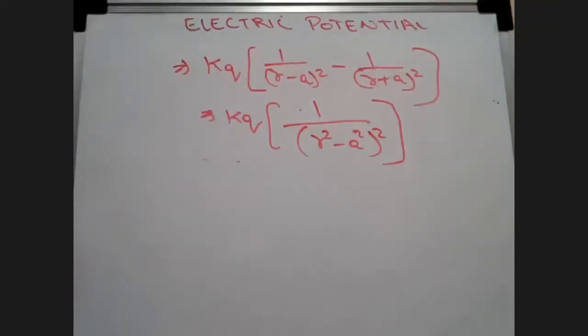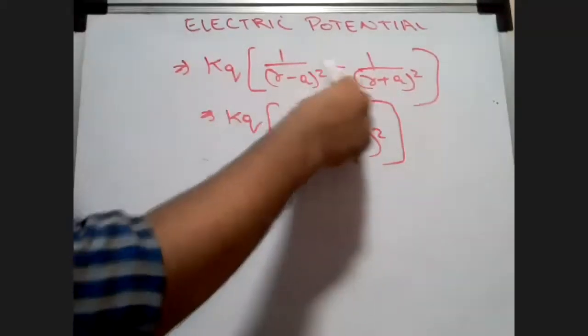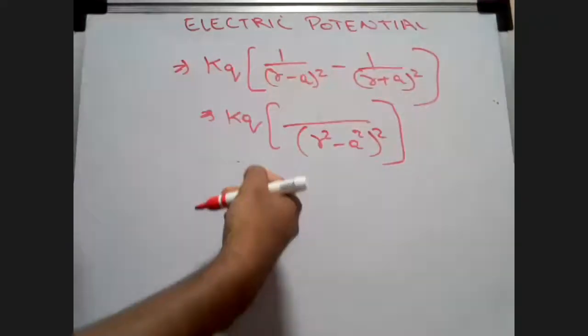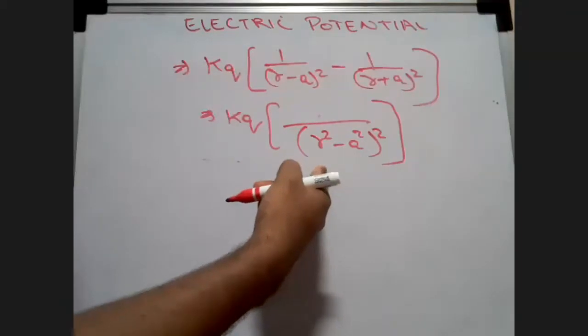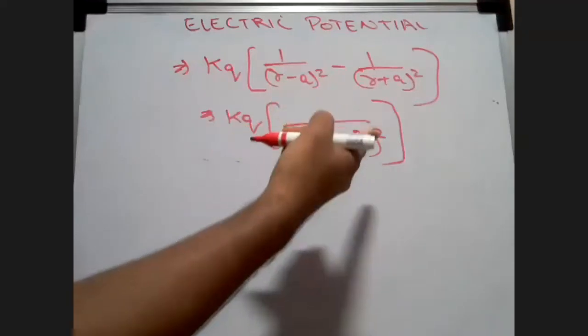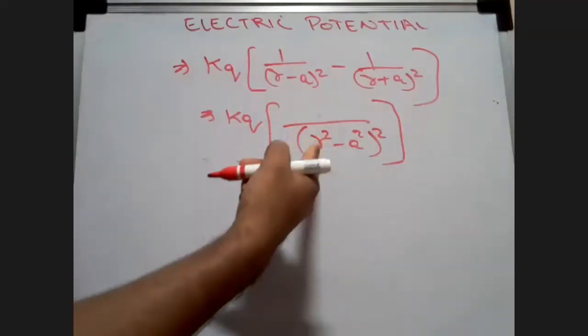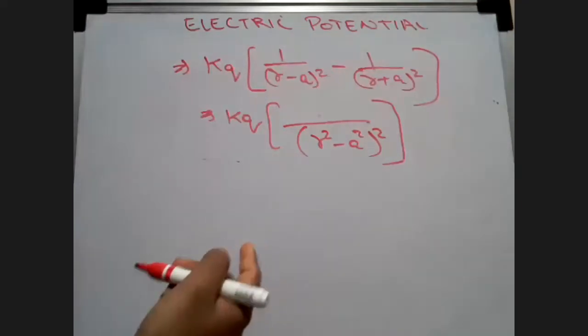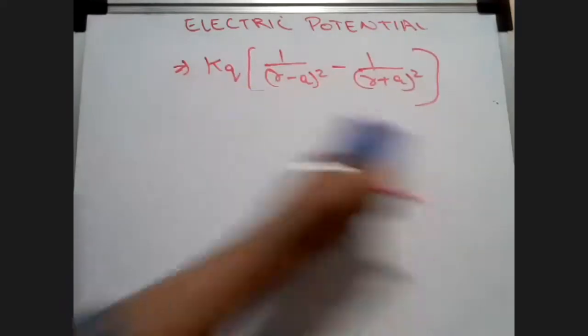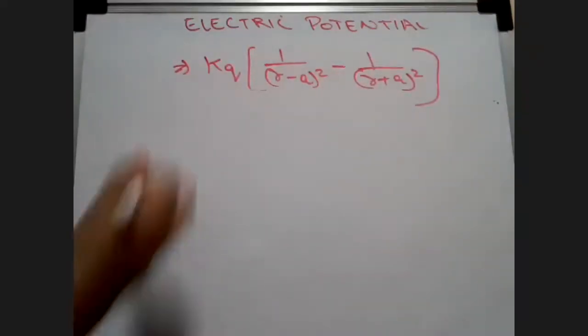Okay. So if I do that, what is it going to be equal to? Of course, you have to take the multiplication of it. If you take the LCM, express (r plus a) whole square minus (r minus a) whole square. Tell me fast, how much is that going to be? 4a square? Are you sure? No, it's not, because r is getting cancelled. 4ar. Yeah, 4ar.